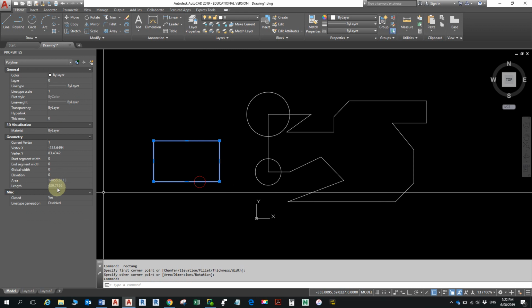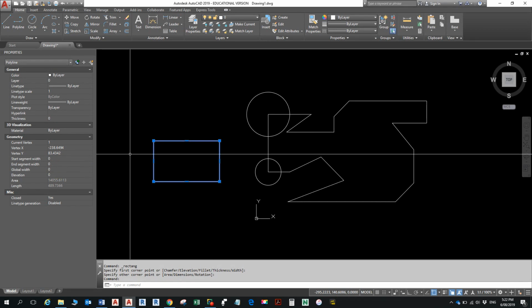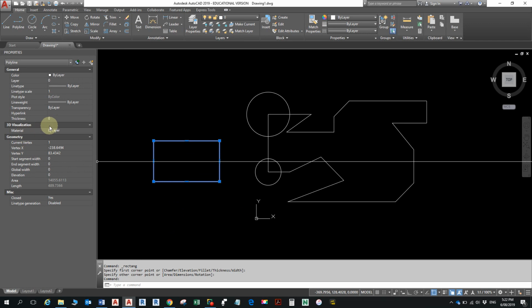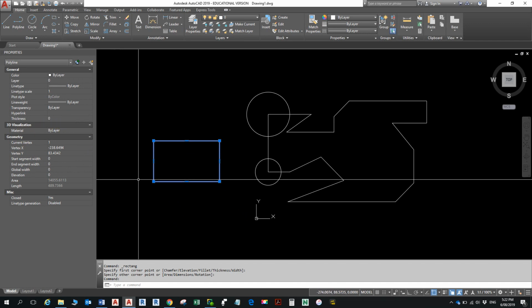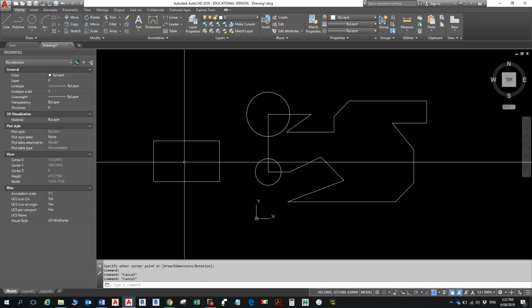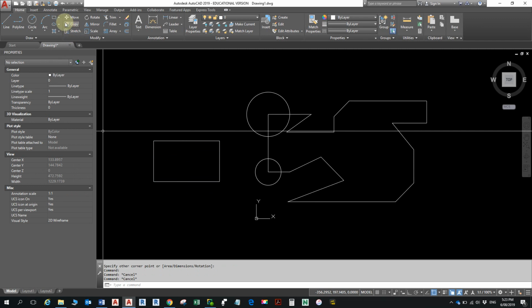Can I fix it? Can I change the size of it? The length is that, the area is that, XY vertex, start segment width. Oh, that actually refers to how thick the line is. So I can't really change the size of the box. The length is grayed out, 489. The width, did I see that somewhere? It's probably grayed out anyway. So I can't do much about this. So if I wanted a proper size,